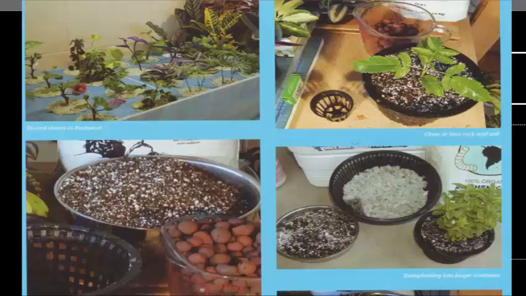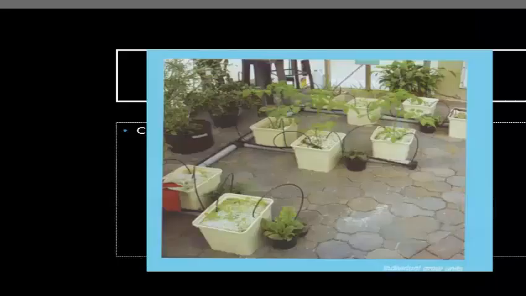The function of all these materials is to provide air space, because there should not be anaerobic conditions inside the planting material, the substrate, coco peat. Coco peat is the actual substrate, and you can fix the plant in any kind of